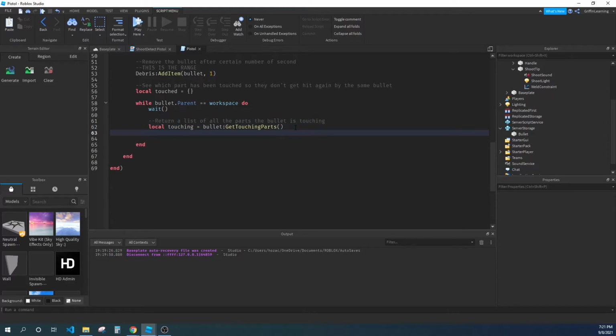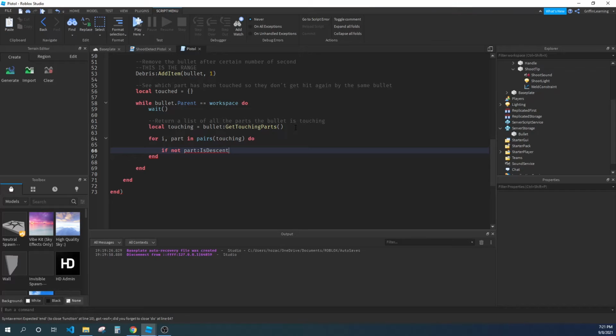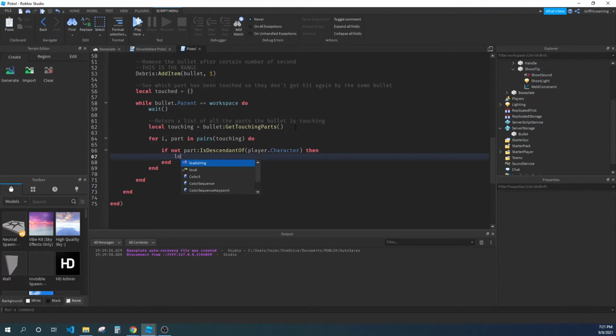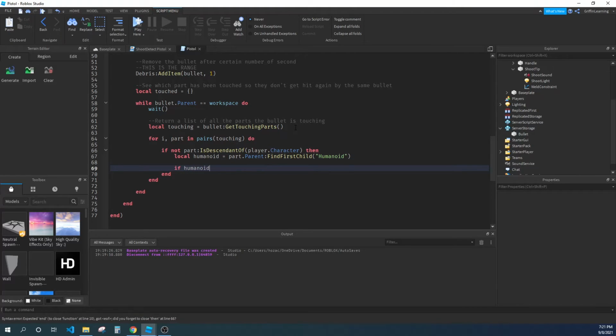And let's go down here. Let's write for i, part in pairs touching, do if not part is, we're checking that any of the parts touched is not a part of the parent of the person shooting, so that we can't actually damage ourselves. That's very important. Player.Character, then local humanoid equals part.Parent:FindFirstChild humanoid. If humanoid and not touched humanoid, so it's not been touched by the same bullet, then